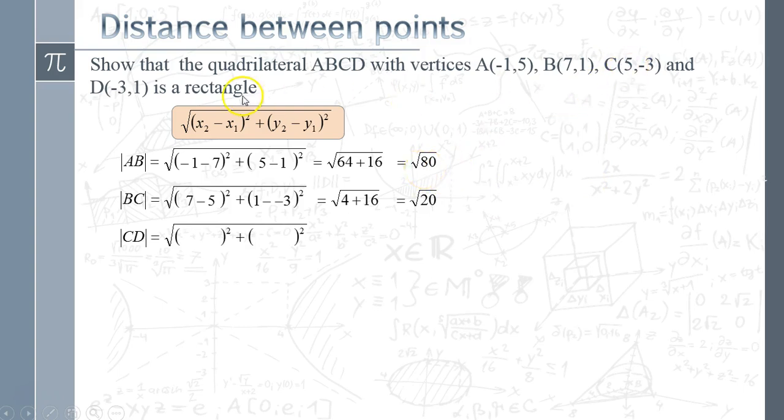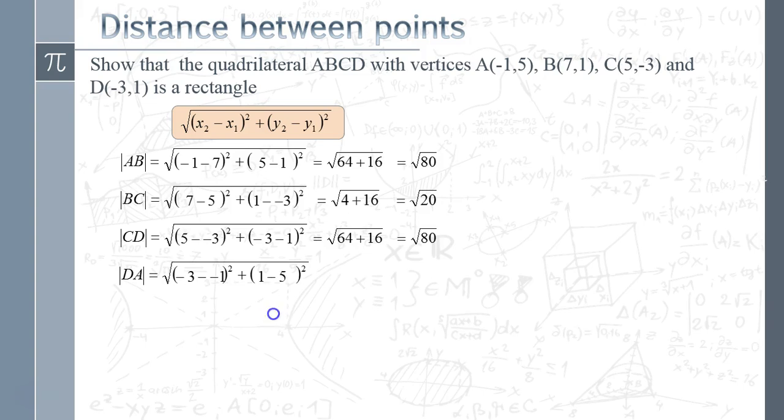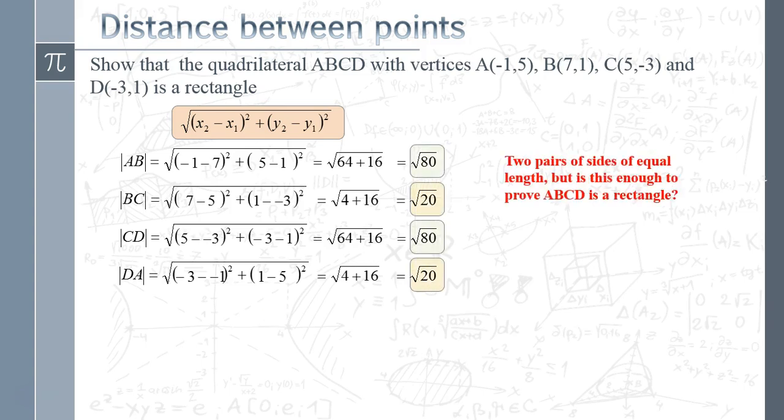So we're using CD now. Put in the coordinates. And there you go. That's what we were looking for. And finally, the last one, DA. In they go. And there we go. So, what we proved is that we've got two pairs of equal sides, but have we